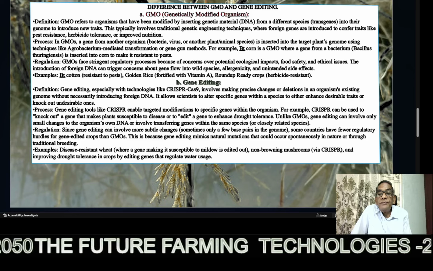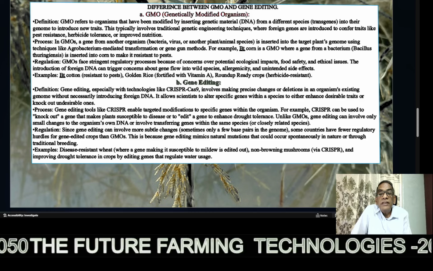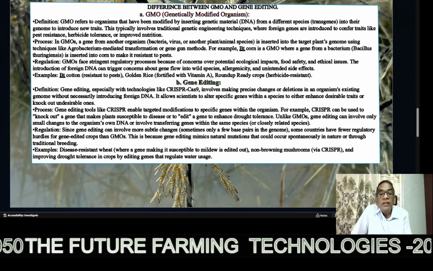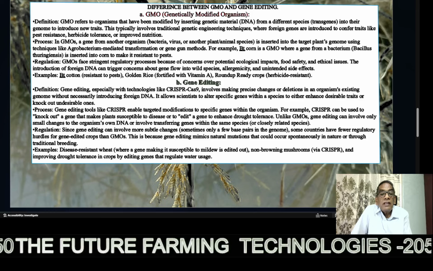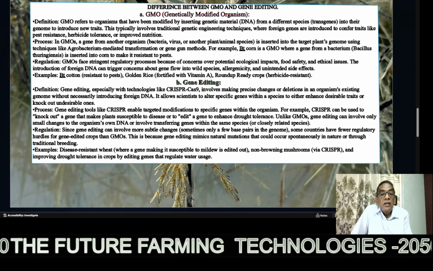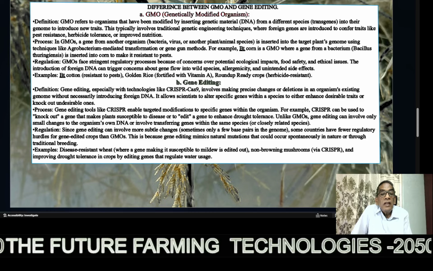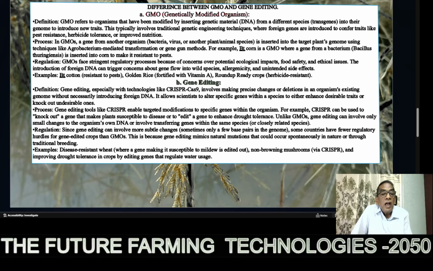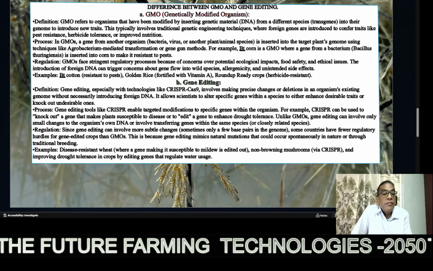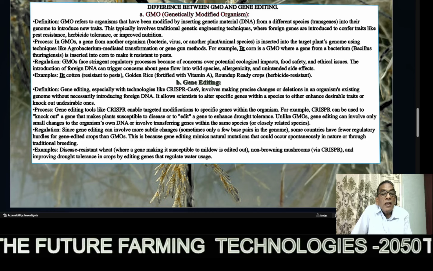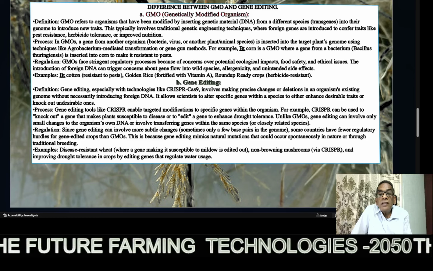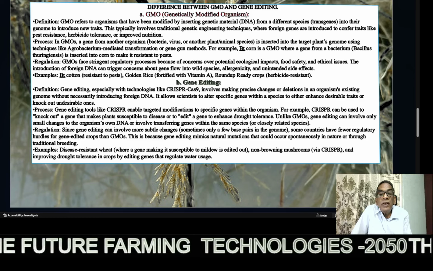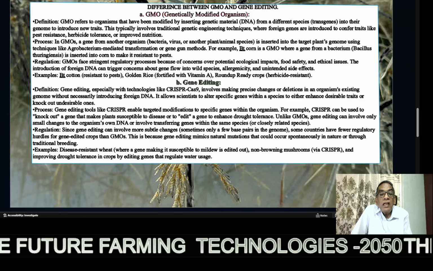For example, disease-resistant wheat, where a gene making it susceptible to mildew is edited out. Non-browning mushrooms, made via CRISPR technology, and improving drought tolerance in crops by editing genes that regulate water